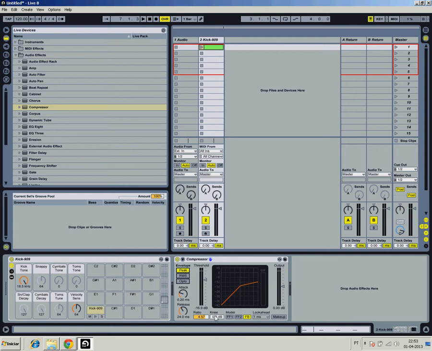In this compressor, you can set the knee. The knee is the way you compress. 0 dBs means a hard knee, more dramatic compression, or you can increase the value and you have a softer compression. You have different types of algorithms in the compressor, and okay, let's see